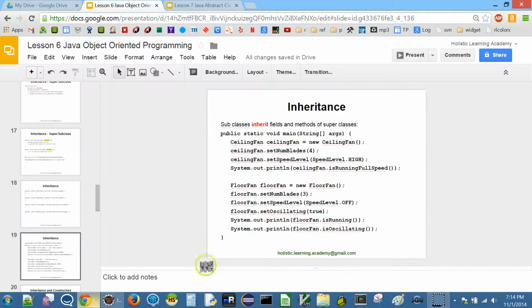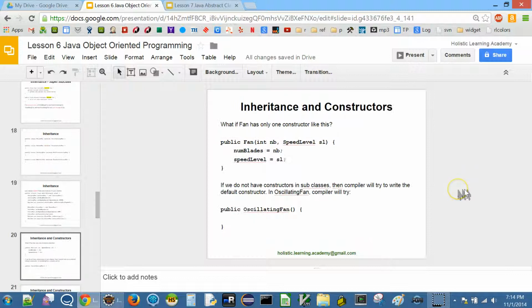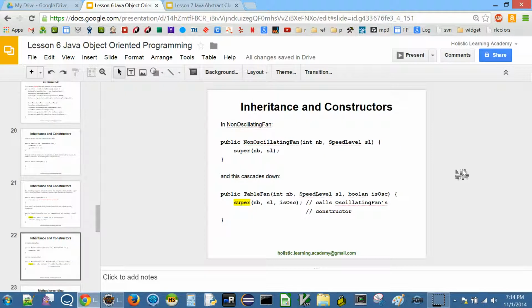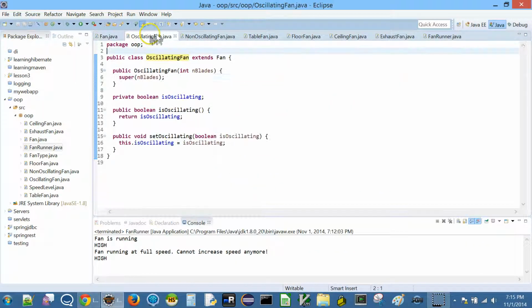Okay, so let's just move on a little bit. So we have seen all this. We saw that if we don't write ourselves, the super is returned to us by the constructor. And one more thing that we can do here is we can go to oscillating fan.